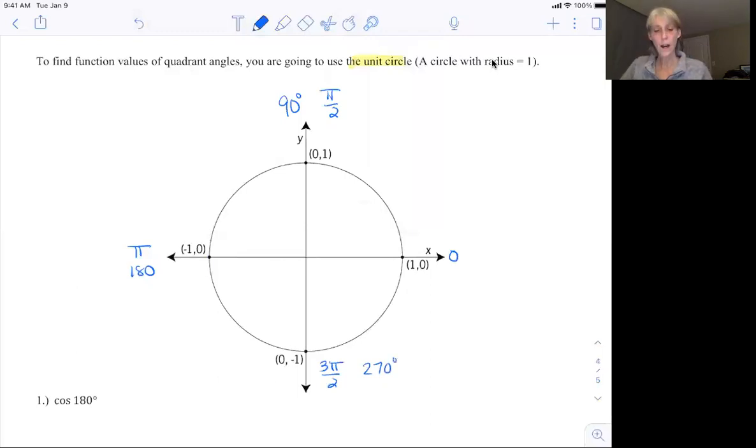And the whole premise of being able to use these values is the fact that if we go anywhere in between and we have a point x, y, we know that if we drop a perpendicular line, this is x and this is y and this is 1. Well, if x squared plus y squared equals 1,